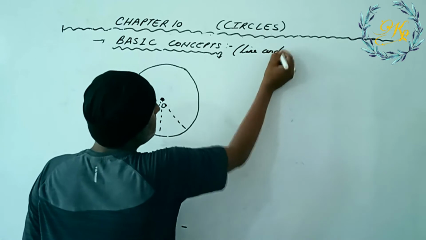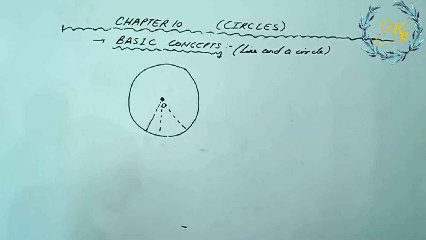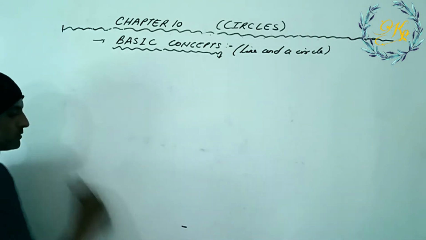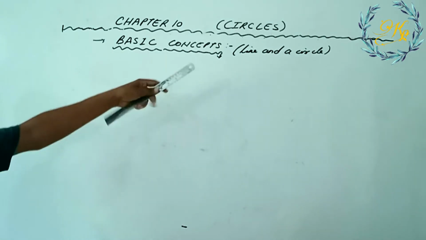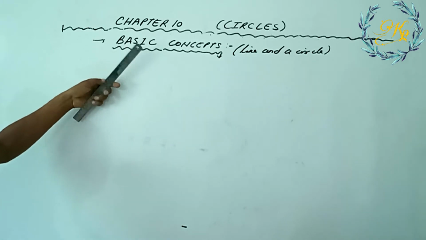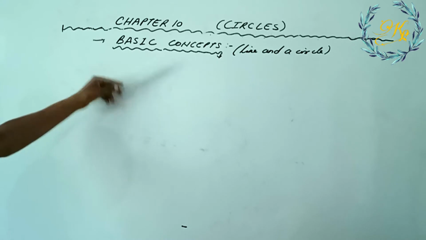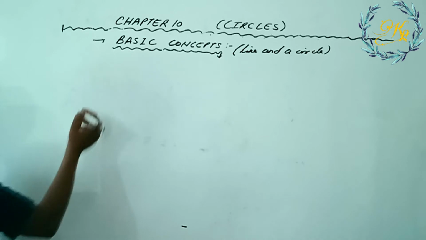Line and a circle. Now, suppose we have a line and a circle, and there are three possibilities actually. There are three possibilities when a line and a circle are given in a plane. Number one, the first possibility is